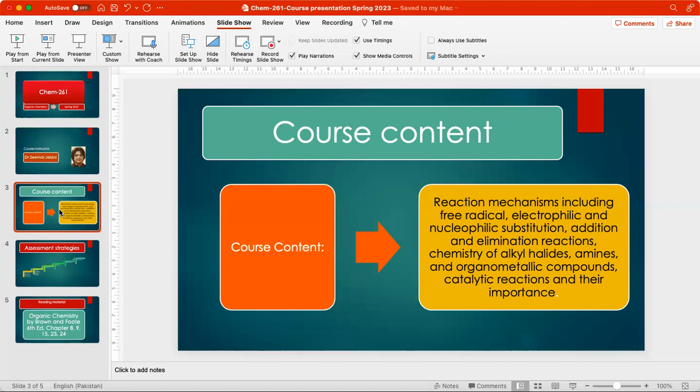Then we start to study the different classes. Here we will start the chemistry of amines, and we will understand primary, secondary, and tertiary amines and their reactions and mechanistic schemes with reference to some named reactions. First of all, we understand how they react with nitrous acid and diazonium salts. What is Hofmann elimination? What is Cope elimination? So we will go for some named reactions. After that, we go for the